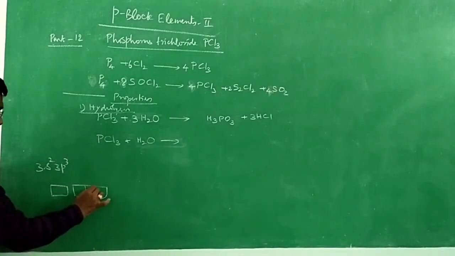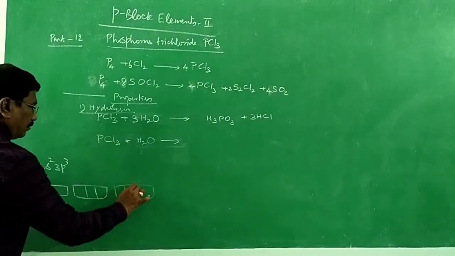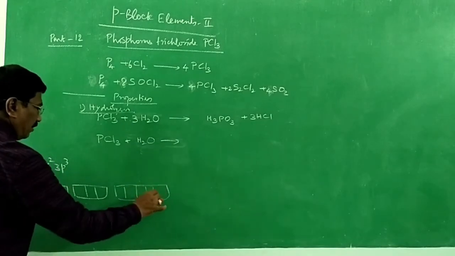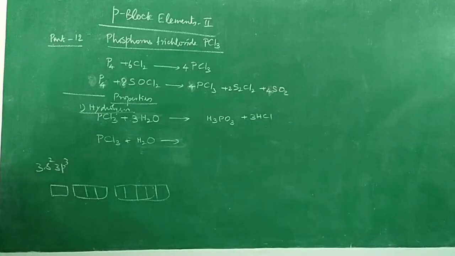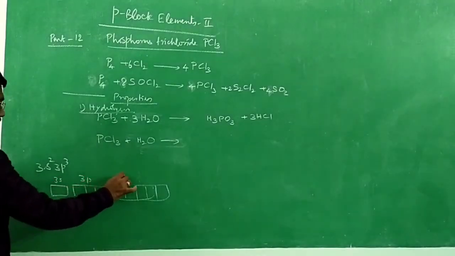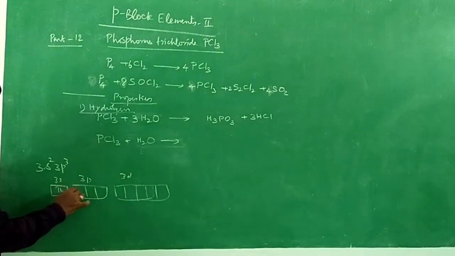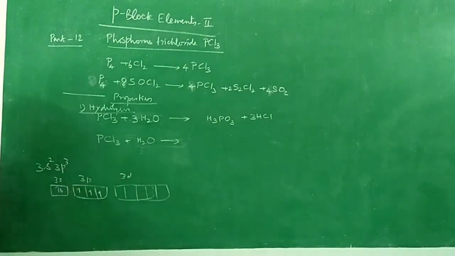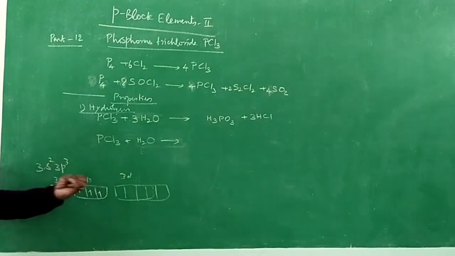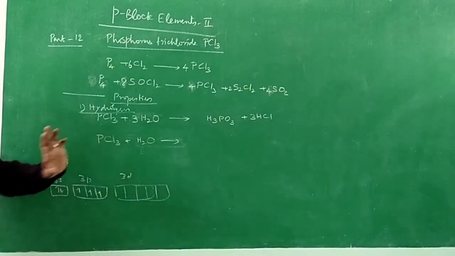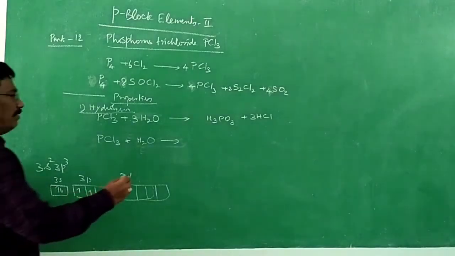The 3d orbital will be vacant. So this is the electronic configuration for phosphorus: 3s, 3p, 3d. It has 2 electrons here, 1 electron here, 1 electron, 1 electron. The d orbital will be vacant, and into that d orbital the water molecule is making a bond, and we will be getting